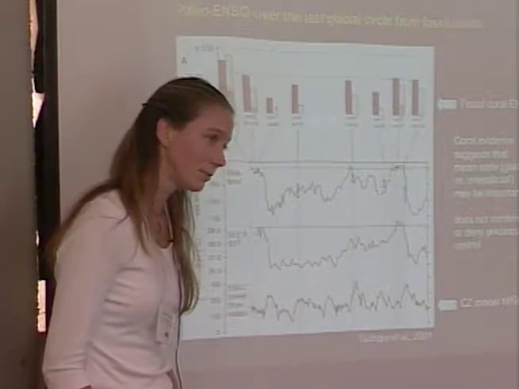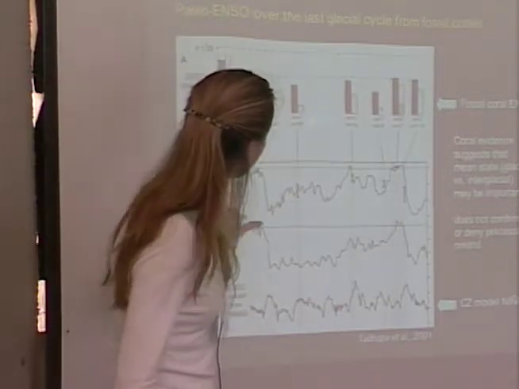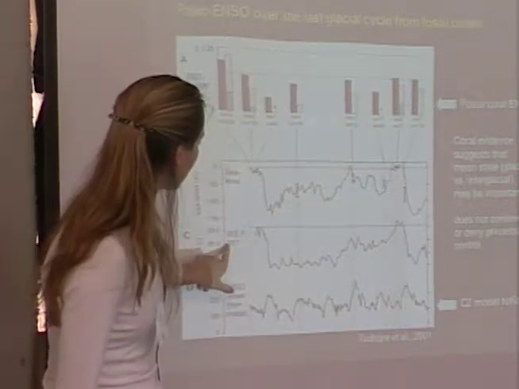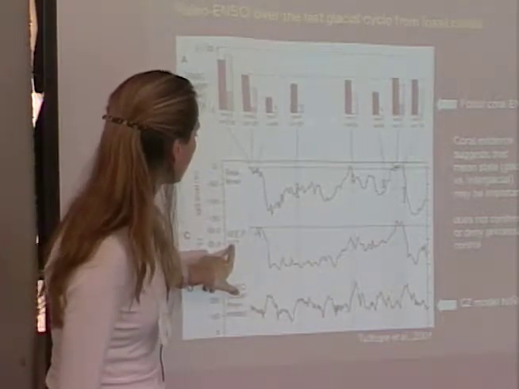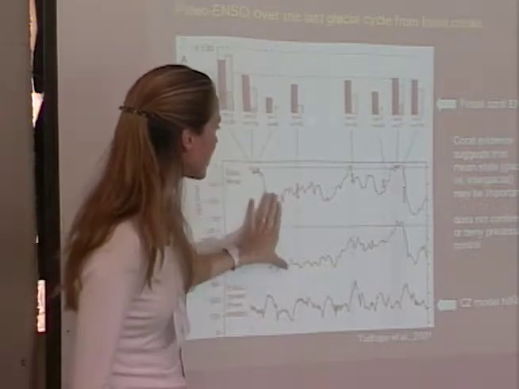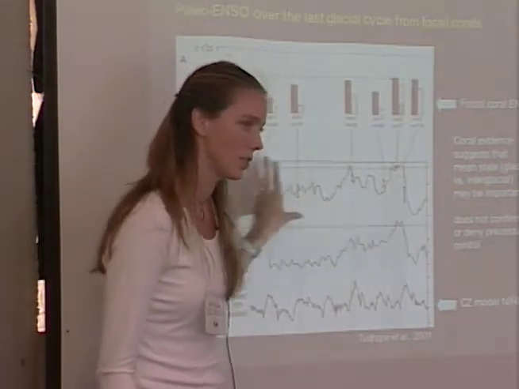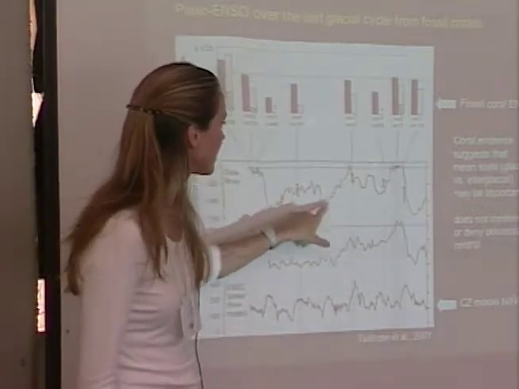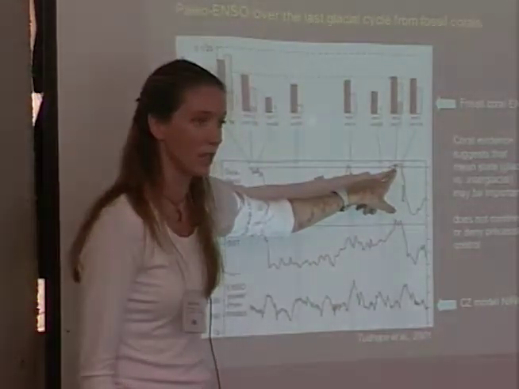Could you explain the diagram again? Yeah, so this is going back in time. So here's present going back. Here's sea level and West Equatorial Pacific SST. So these are measures of a mean state in a glacial interglacial sense. This is interglacial conditions, glacial conditions, and then the last interglacial stage.